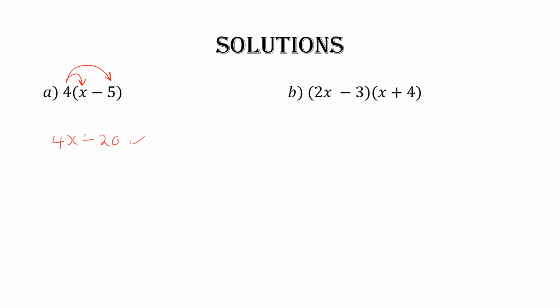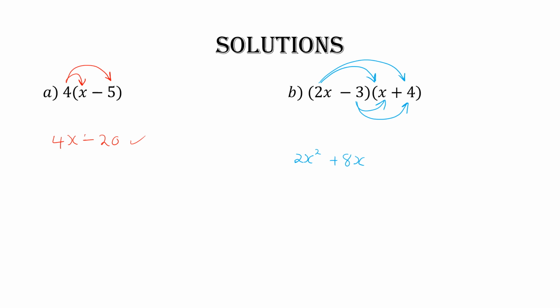And again, I'll just draw the arrows. This by this by that, then this by this, and then this by that. Notice that this 3 here is negative. Notice that. Very important to observe your signs. So now I go to x by x. That should give me 2x squared. Then I have 2x by 4. That should give me